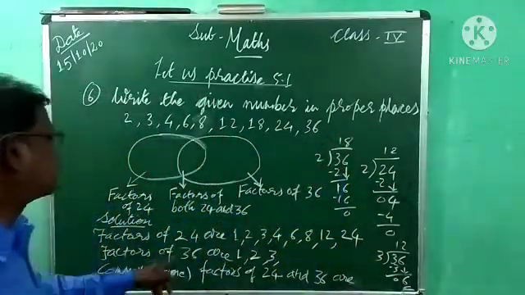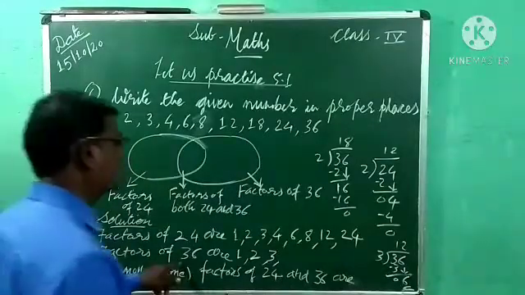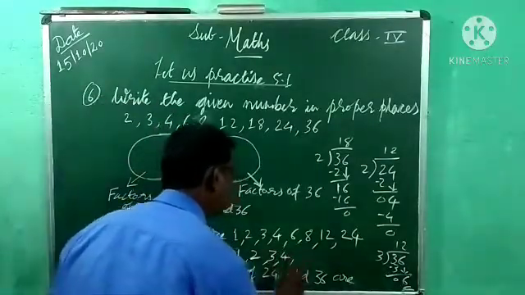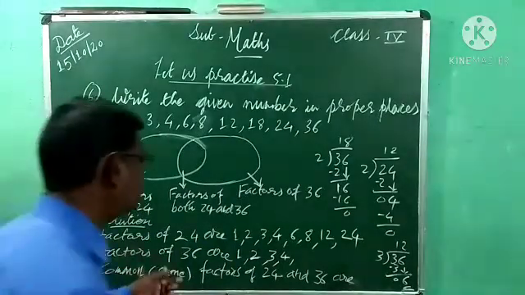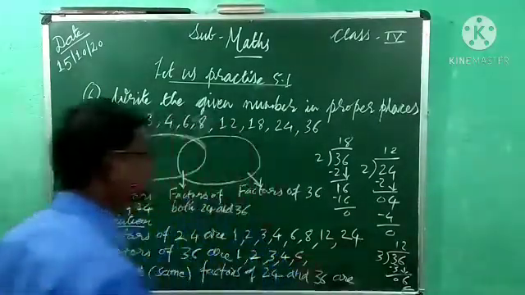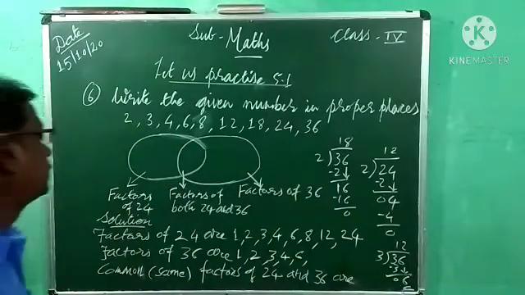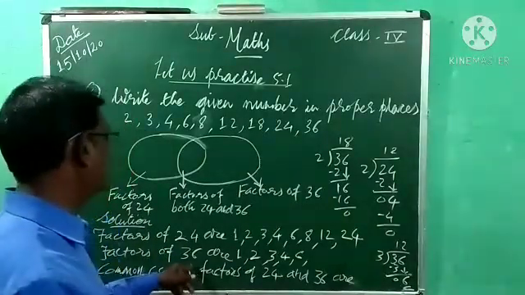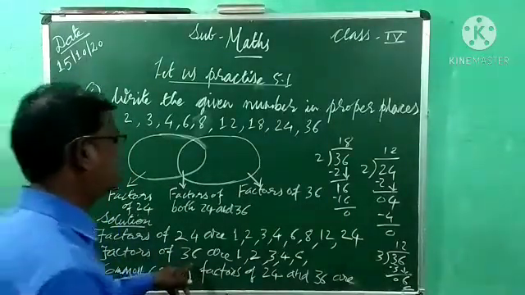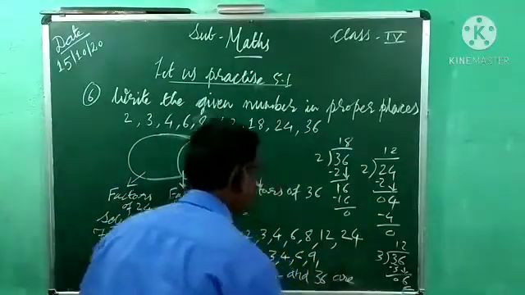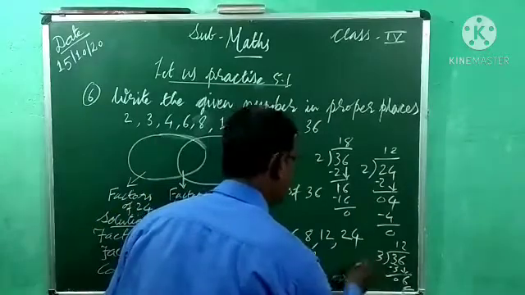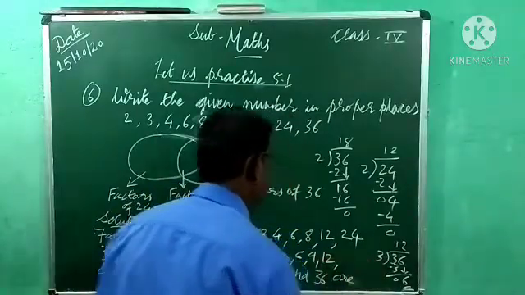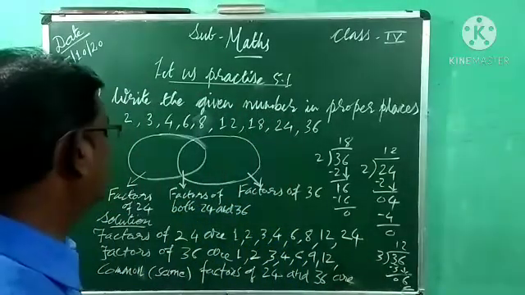Okay. In the 4's table, 4 nines are 36, so we can write 4. In the 5's table we are not getting 36, don't write. In the 6 table, 6 sixes are 36, so we can write 6 also. 7 not possible, 8 also not. 9 fours are 36, so we have to write 9. 10 and 11 not. 12 threes are 36, so 12.